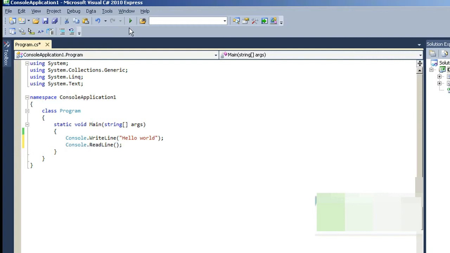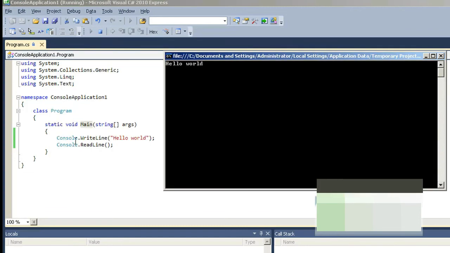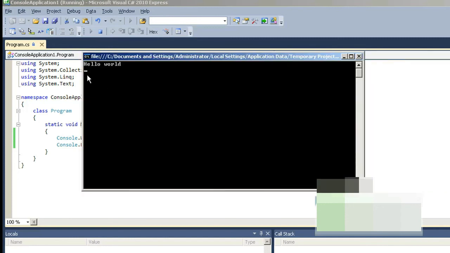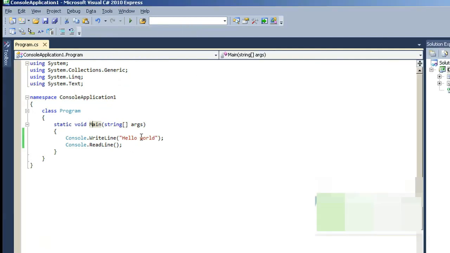So now our application will wait, and we can see the display clearly. You can see that the display is on the console. This black window is the console. That's why you will always see the statements Console.WriteLine, Console.ReadLine, right? Now it's waiting for the input, that's Console.ReadLine. So let me press enter, and our application has now closed, or exited. So that's the first program, the first Hello World program, which we have written using Microsoft Visual C Sharp 2010 Express Edition.